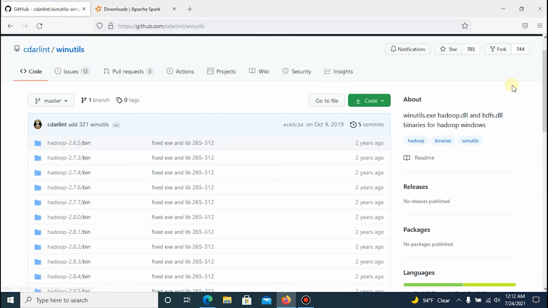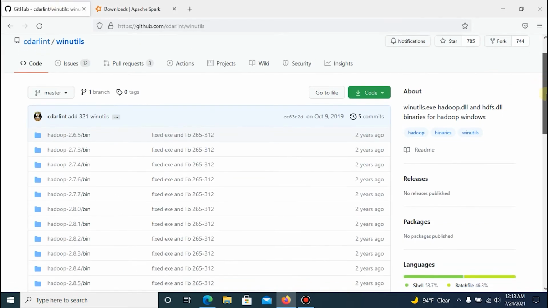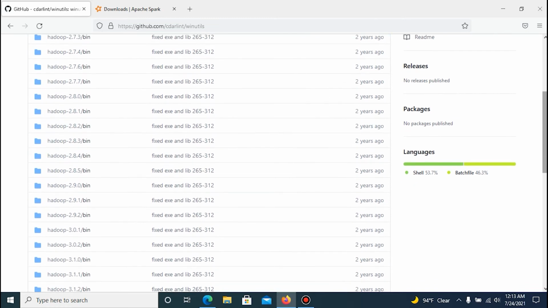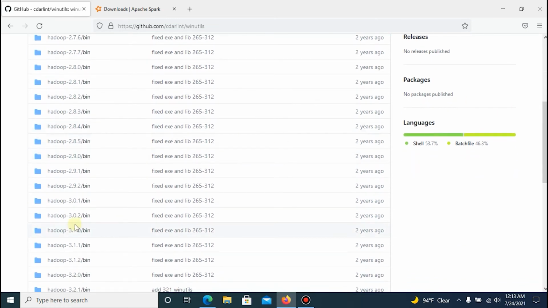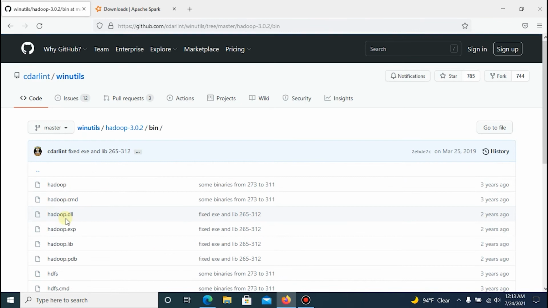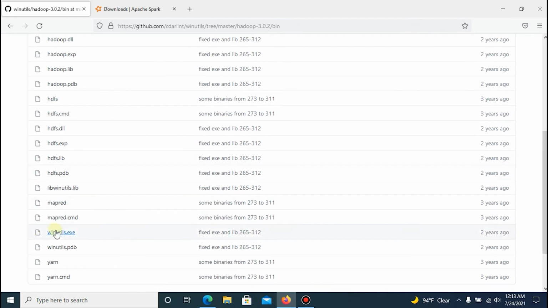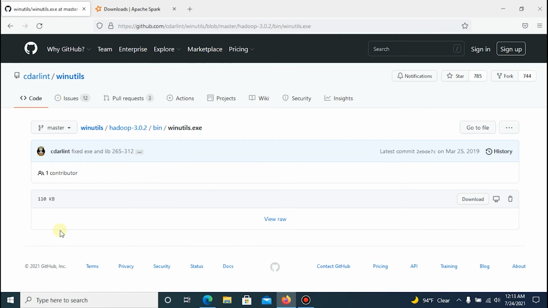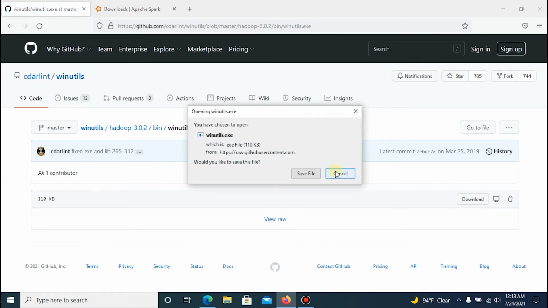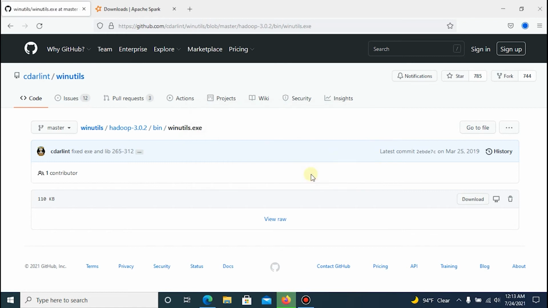So here for WinUtils, we look for Hadoop 3.2 and we download winutils.exe. Save the file.